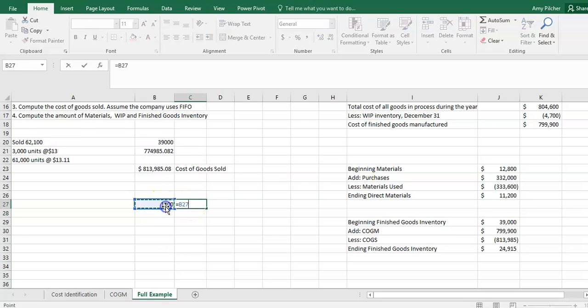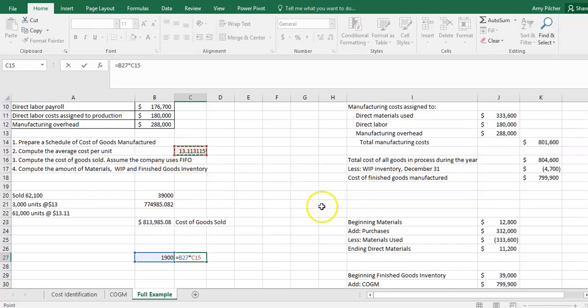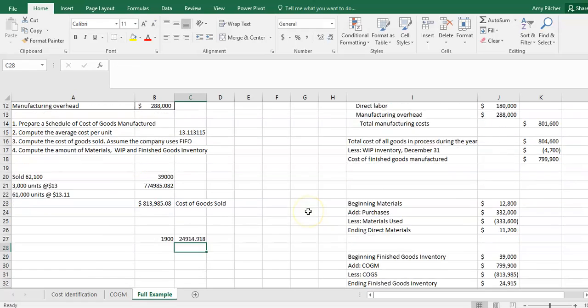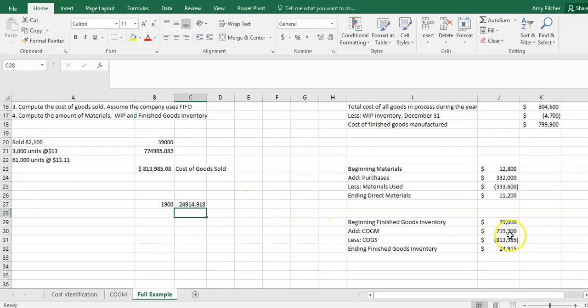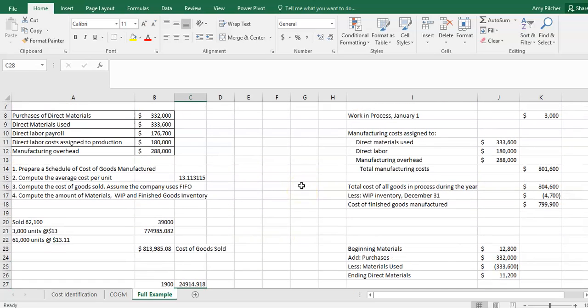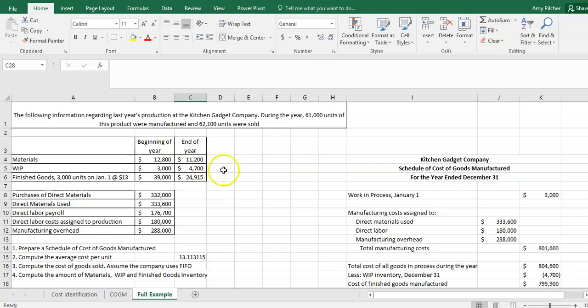We take that 1,900 times the average cost we calculated earlier, and we get $24,915. If we wanted to know what the total inventory calculated at the end of the balance sheet, we would add our materials inventory, our work in process inventory, and our finished